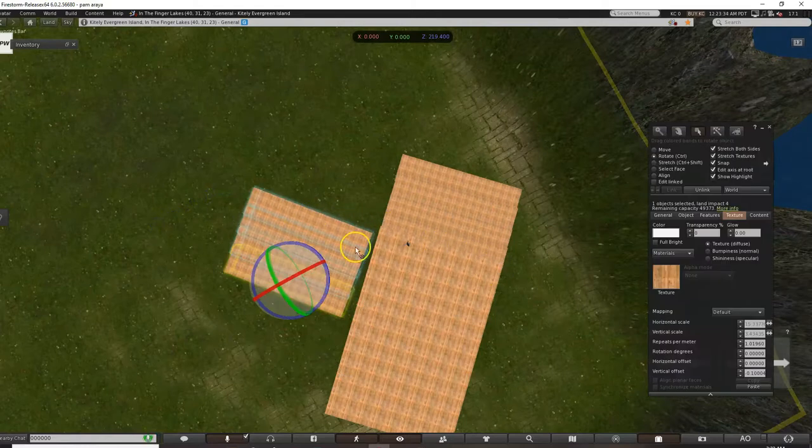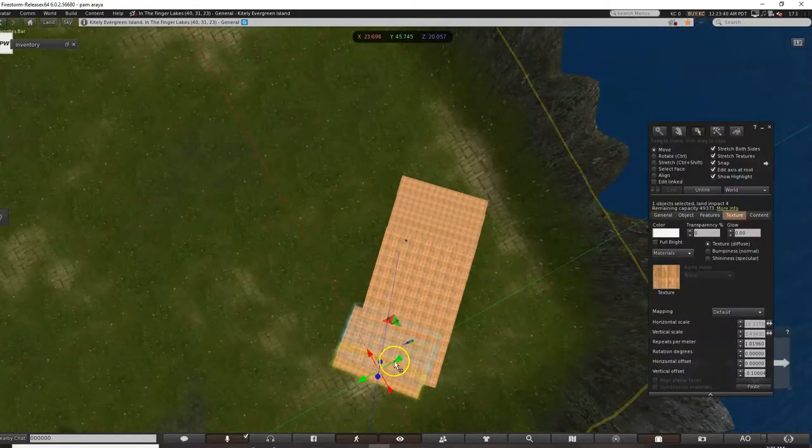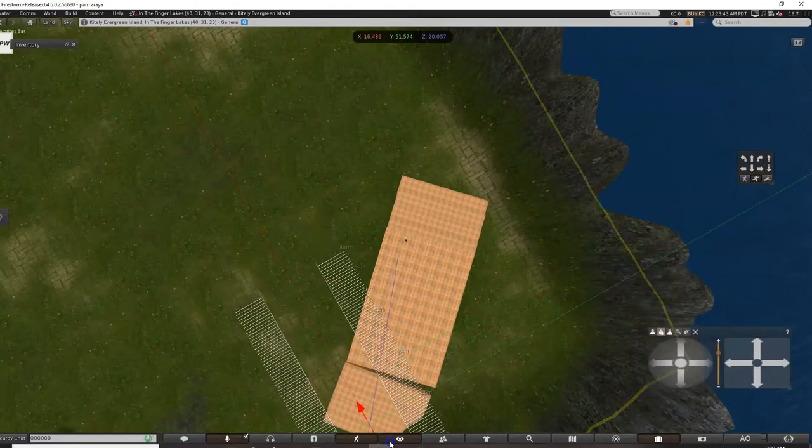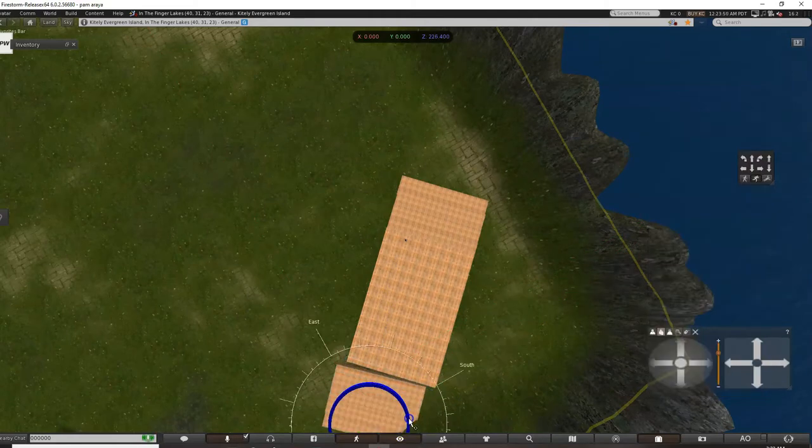Okay, so I think now it's lined up here. I'm going to move it this way, and this way, and this way. Okay, so it seems like I just need to rotate it a little bit this way. So it is lined up.